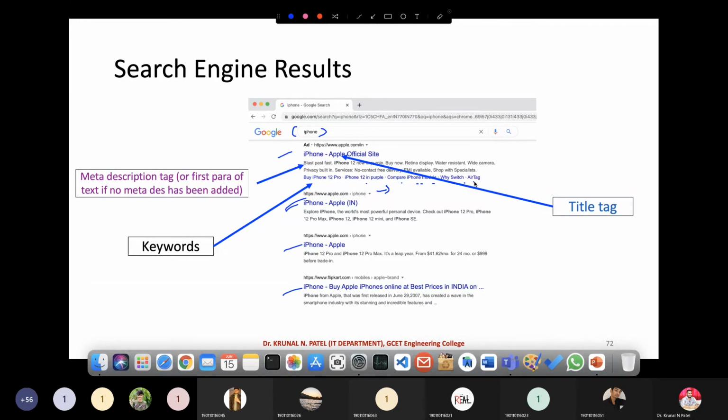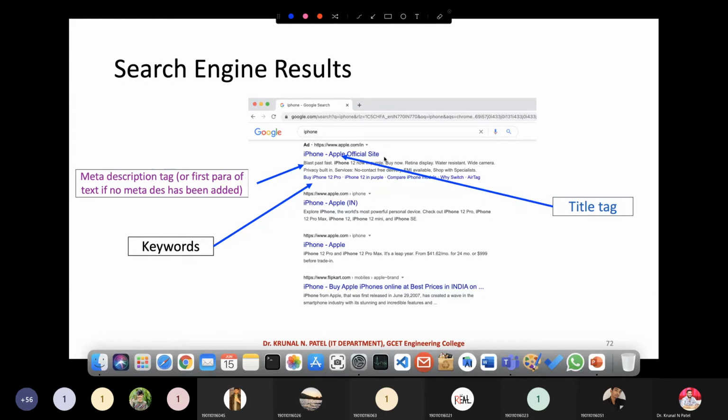The keywords list is there, and this is your title tag. You are going to see this information whenever you search for a specific word in Google. There is a specific meaning for each and everything.